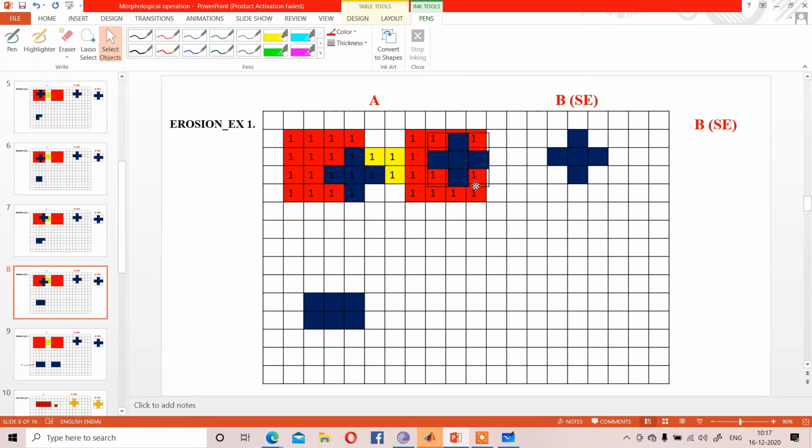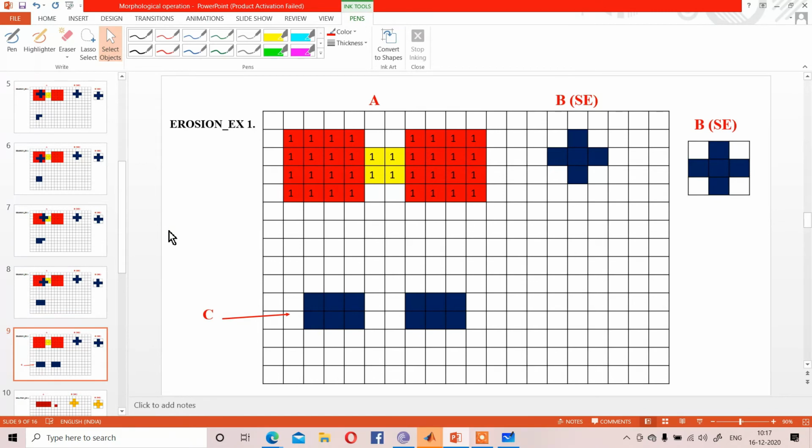Except these 6 values, any other values you can consider do not map. So the result will be this one. So for the first case, these 6 values are mapping. For the second case, for this part, these 6 values are mapping. So if you check the erosion, what is happening? That yellow part is removed, and it is also reducing the orange part.